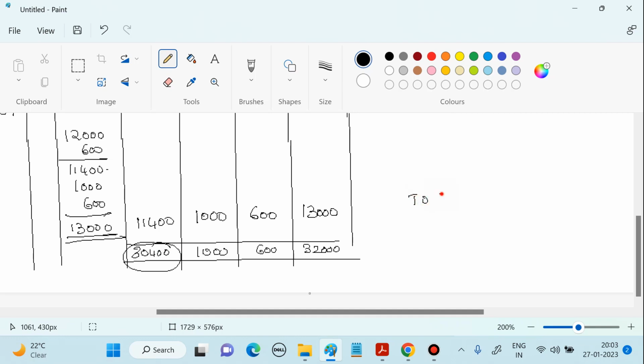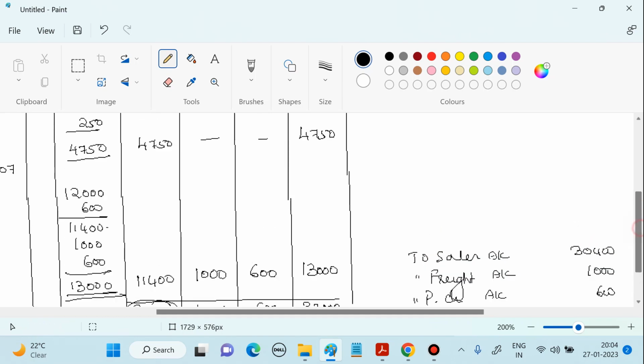Sales would be credited to sales account 30,400. Then these expenses would be credited. Freight 1,000, packing charges 600, and individually we would debit those